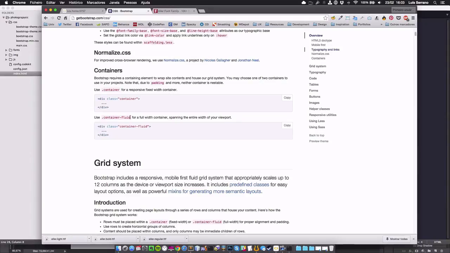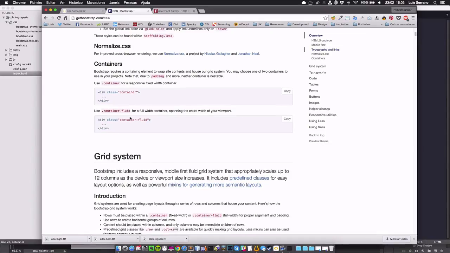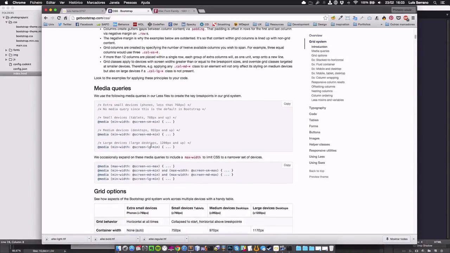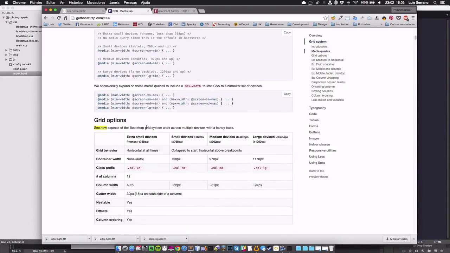Container fluid will use all the space of your browser, and then inside it you will have to create a div with the class row, and inside it is where you create the div columns, where you will have the class prefix